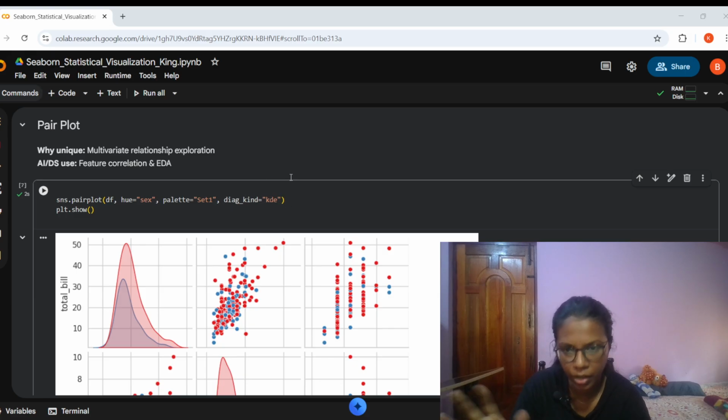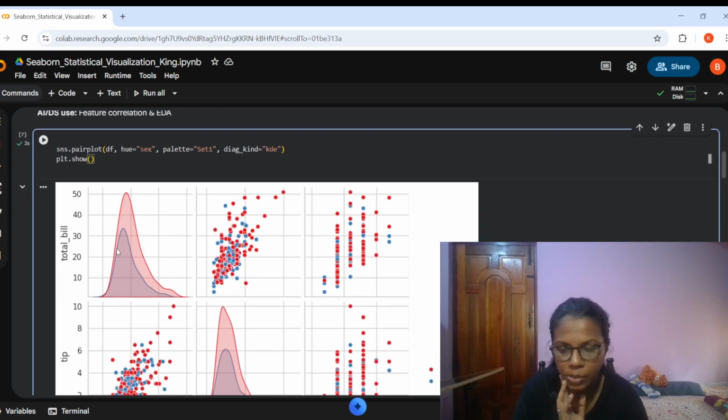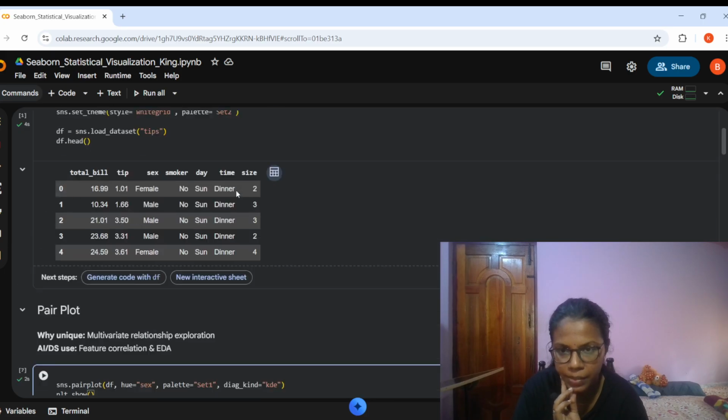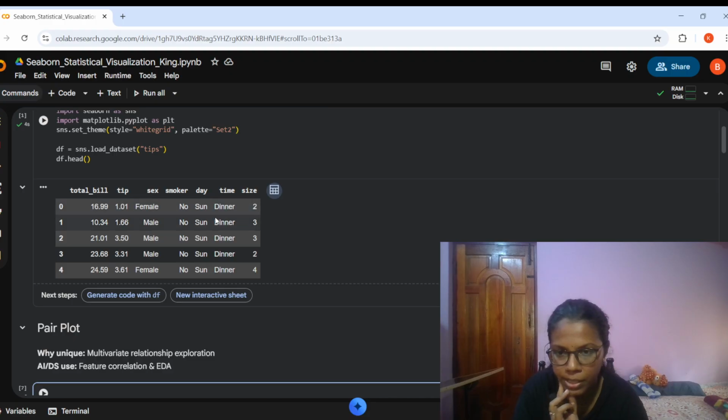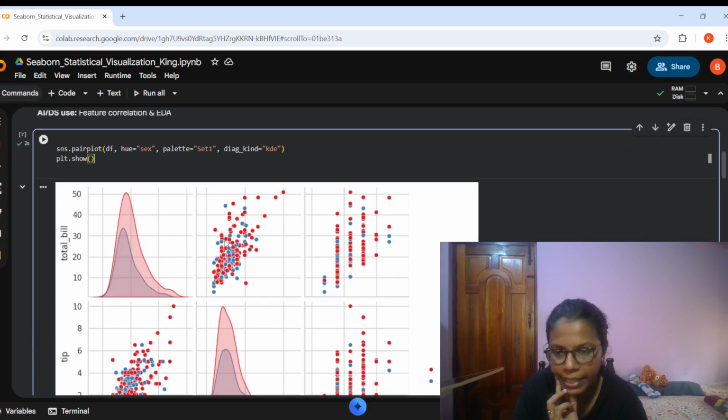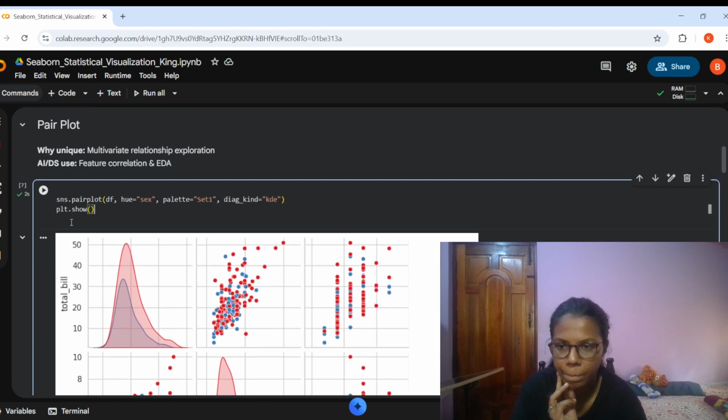In my data set, what are all the numerical columns? Total bill, tip and size. These are all the numerical columns, and for all of these I'll be creating this pair plot. See? Now,